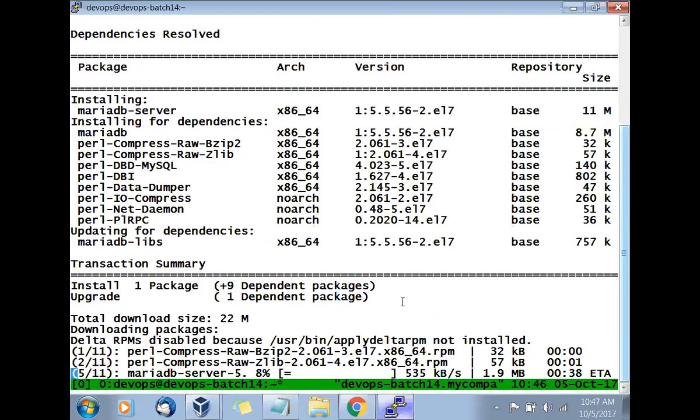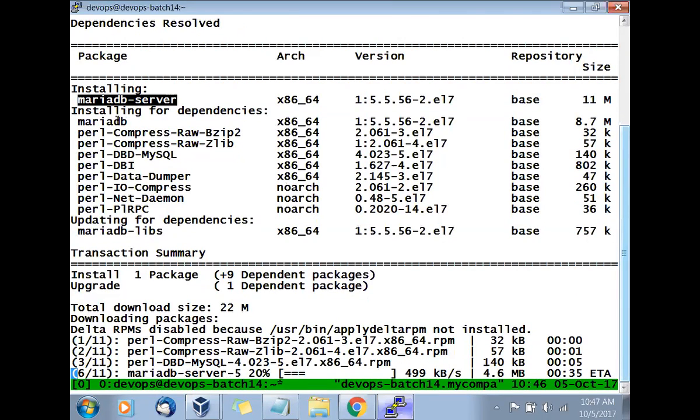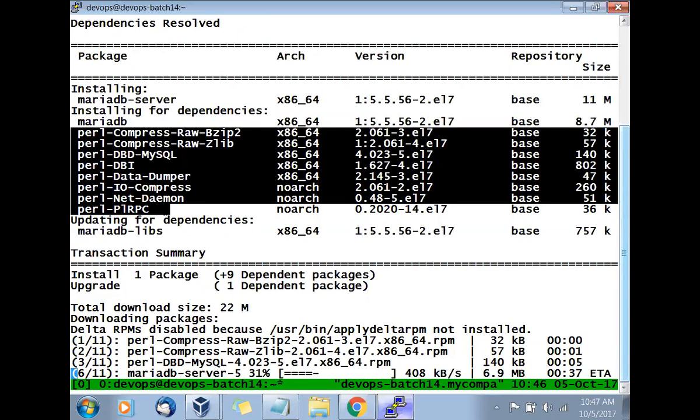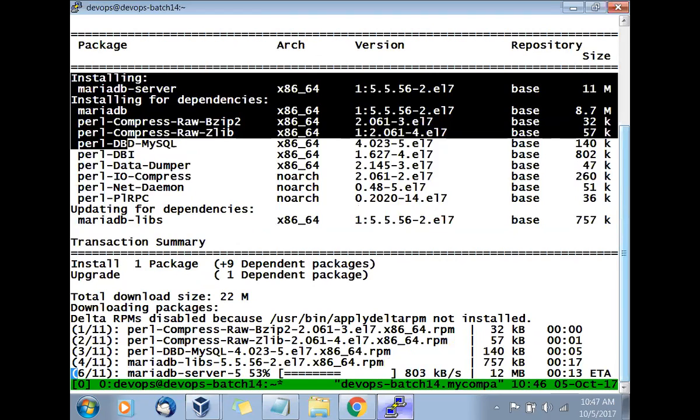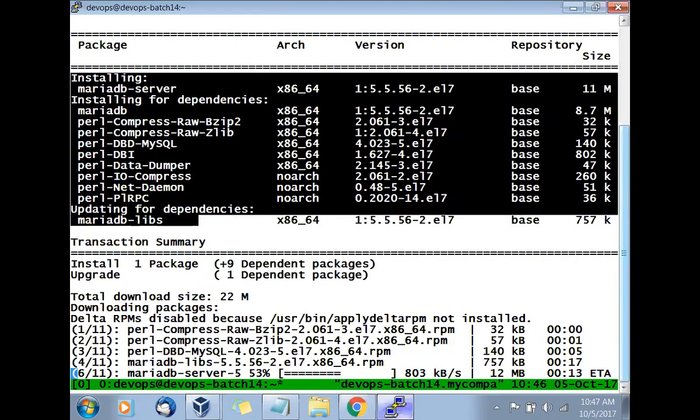See that, MariaDB. Now this is the server related package, and this is the MariaDB client. These are the files, and this is the library file. All this becomes the complete set of your MariaDB. So you need a server to connect, you need a client, and you'll go with that.